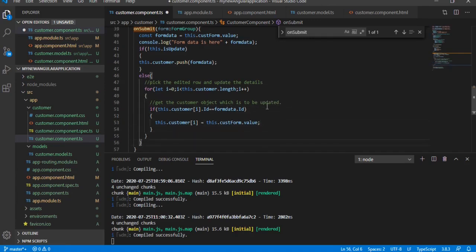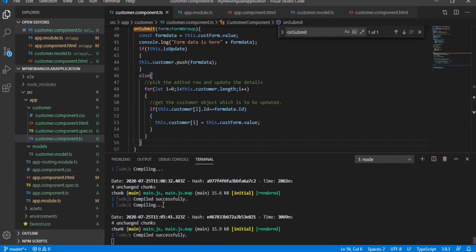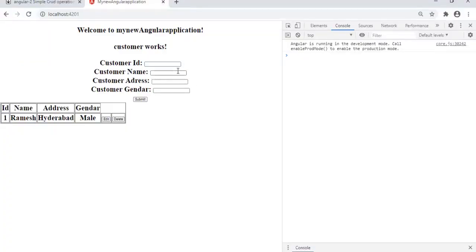That's it for the update functionality. Let's go and verify. Just press Ctrl F, it will build. So now customer ID is 2 and the customer name is Satish, and he's from Hyderabad.